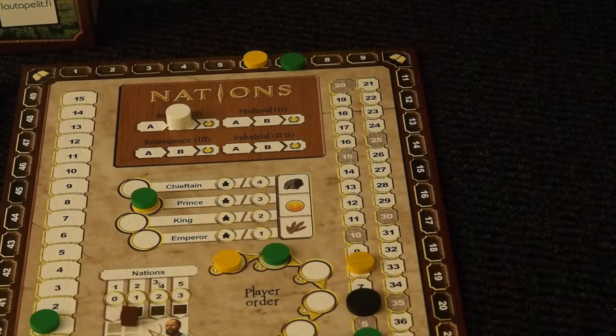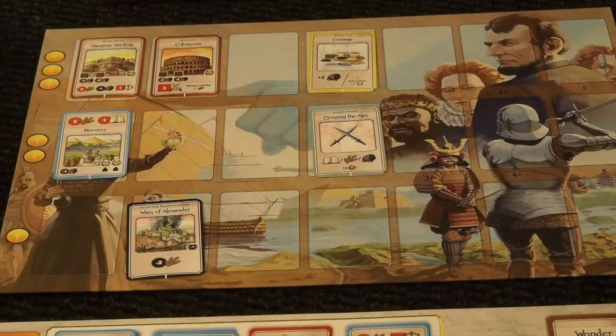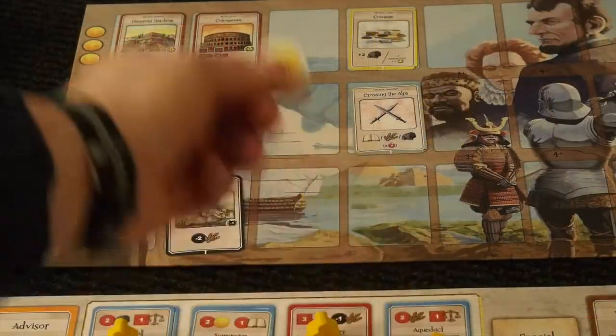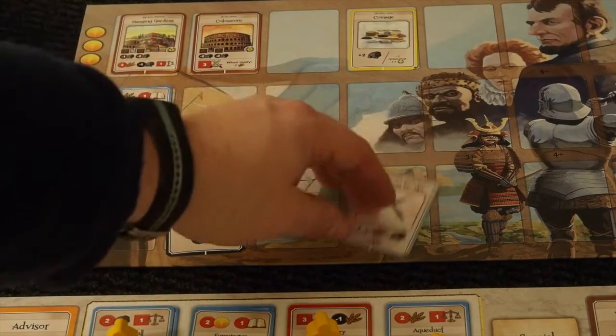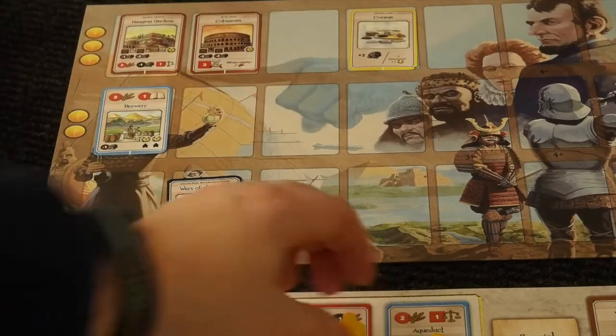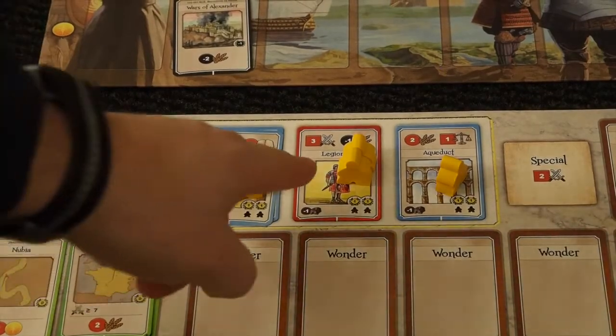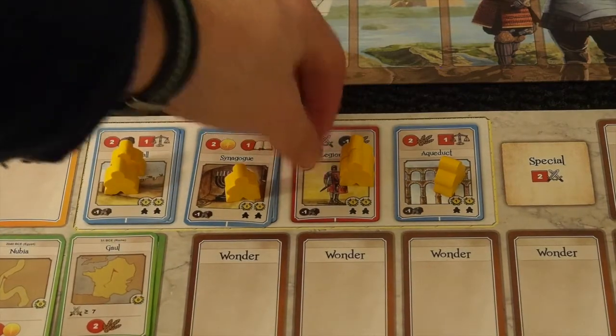Let's see if I can do something else. So I can always spend money now to buy this one, and thereby getting another culture, or actually 3 more culture, which is nice. It means I will pay 2. I only have one left now, and I will buy Crossing of the Alps. My raid value, I don't know if you can see it, but there's a small number 3 there. I can't lift it up because it's printed on the board,